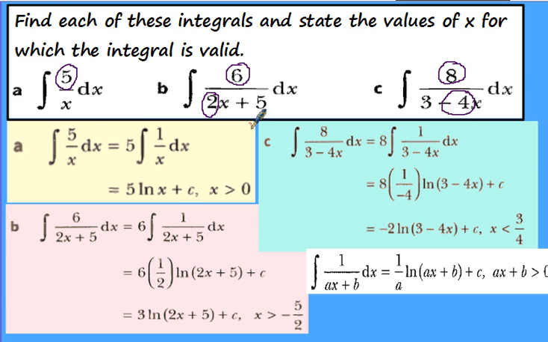So now let us start with the first one, 5 upon x. So 1 upon 5 into 1 upon x, and 1 upon x means log x. So simple. So 5 log x is your answer. When we come to the second part, 6 you have taken out and 2 is the coefficient of x. So you will write 1 upon 2x plus 5. So you will write 1 upon 2 as